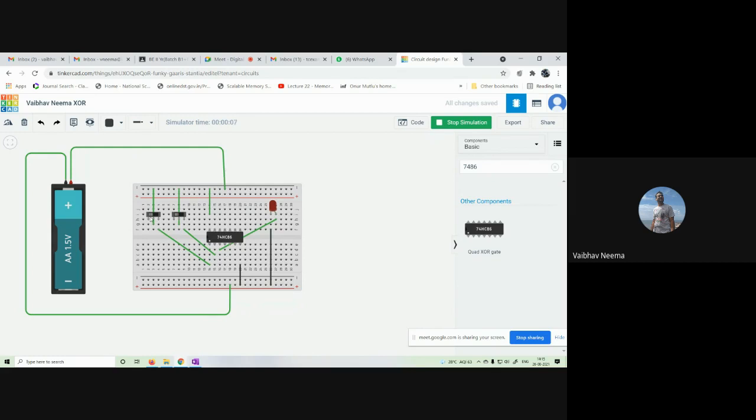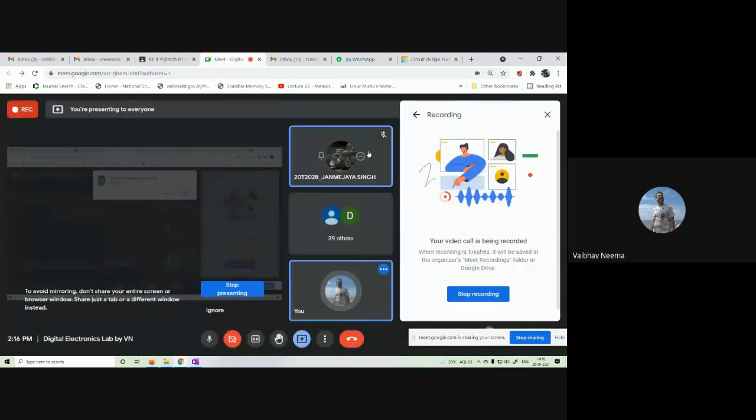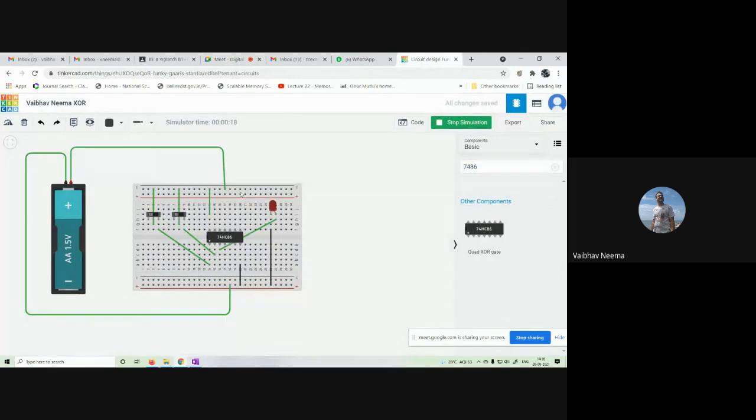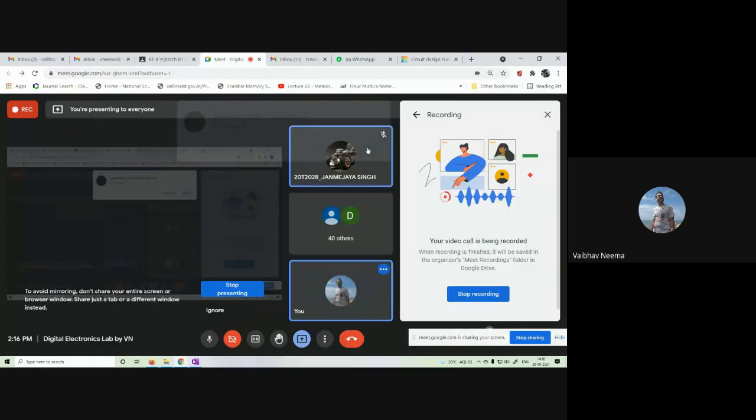for the XOR gate, we know that if the inputs are equal, meaning both inputs are 0, 0 or both are 1, 1, then the output is 0. If the inputs are unequal, meaning one input is 0 and the second is 1, then the output should be 1. For the initial condition, when both switches are in the 0 position, both inputs are equal, so the output is 0.